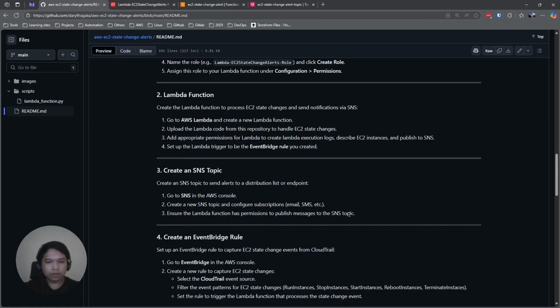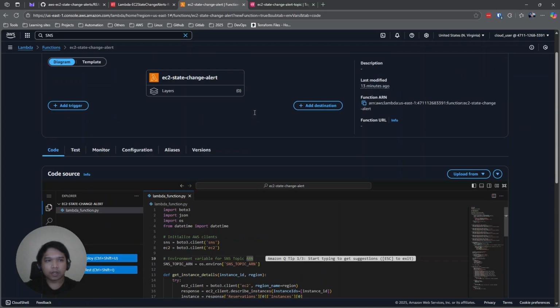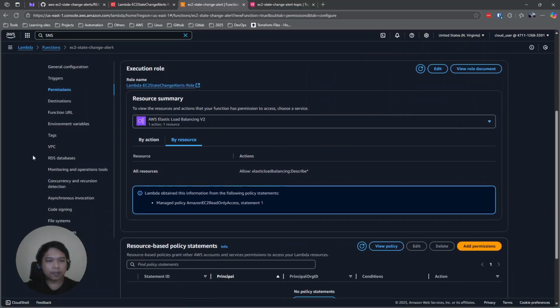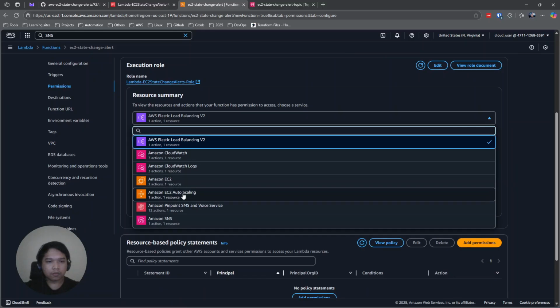So I think we are good with number three. We created the SNS topic, we configured the subscription, and we ensured the Lambda function has the permission to publish messages to the SNS topic. We already did that one. We can check it here: configuration, permission, and look for the SNS.